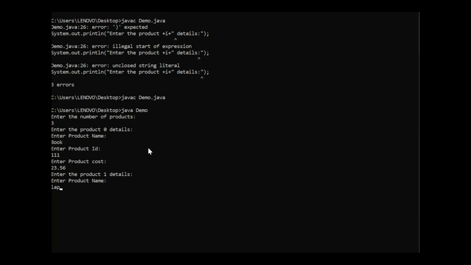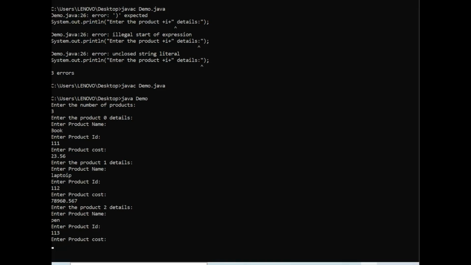The next product is laptop, the product ID is 112 and the cost of the product is 78.60. Then the third product: the name of the product is pen, the ID is 113, and the cost of the product is